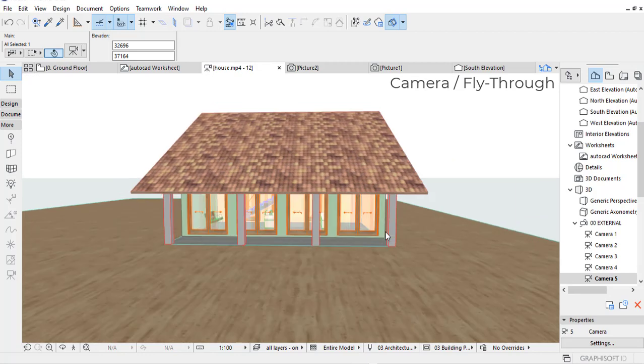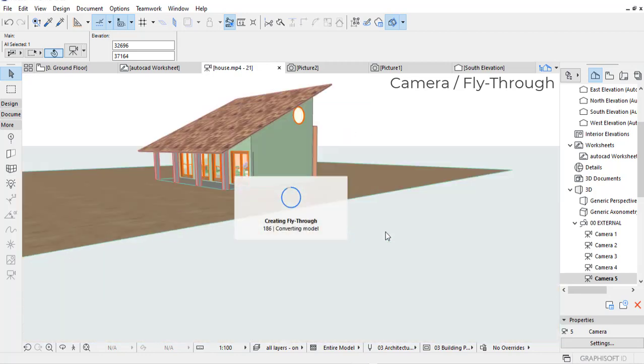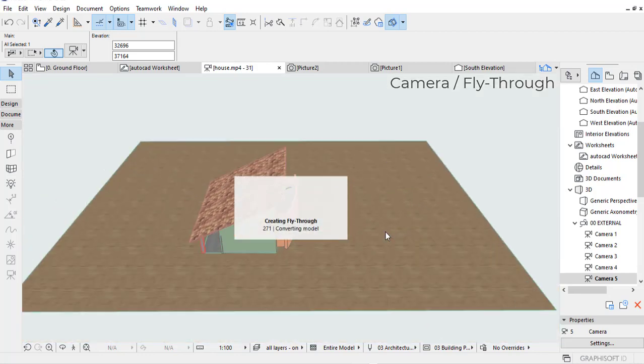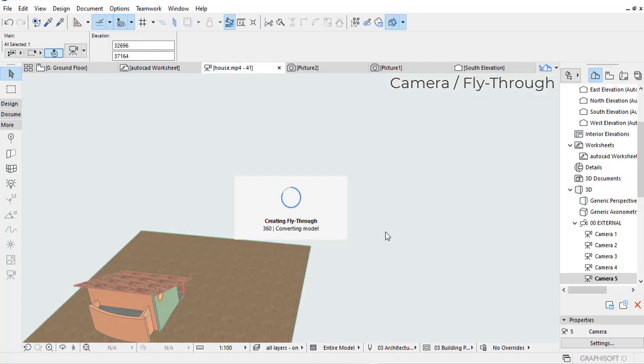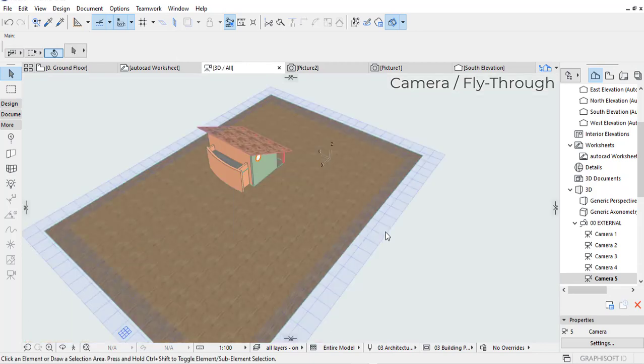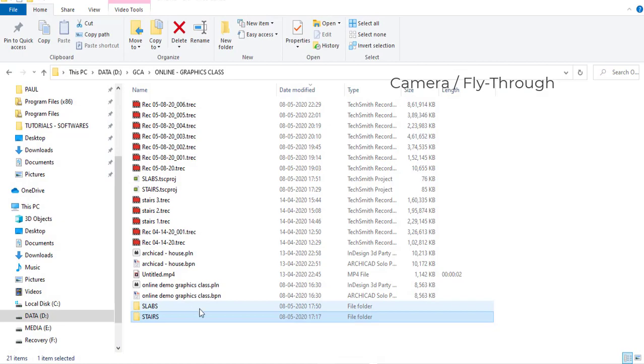So you can see now it's creating intermediate images between the first and the last camera, and the animation is not really smooth because we might have done some weird kind of settings in the path, or the heights might have varied, camera heights and other things. So we have to be accurate in that respect, and I think I have